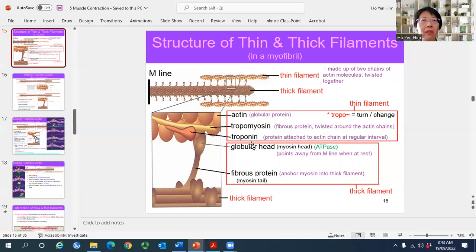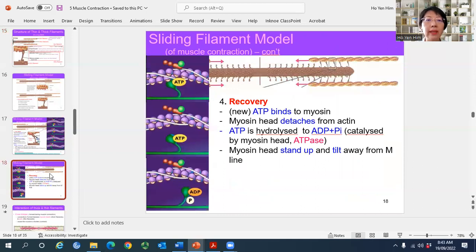Now, myosin is like muscle, so it's fibrous, okay? Troponin is the globular. Troponin changes shape, and tropomyosin will move away together with troponin to expose the binding site. So the myosin head will bind to its binding site. When it binds to its binding site,